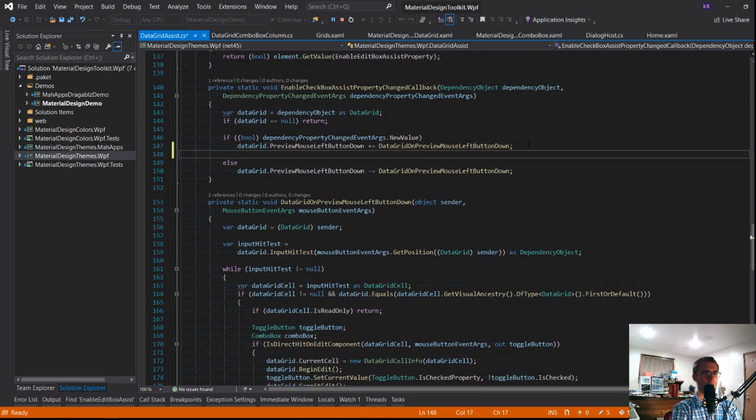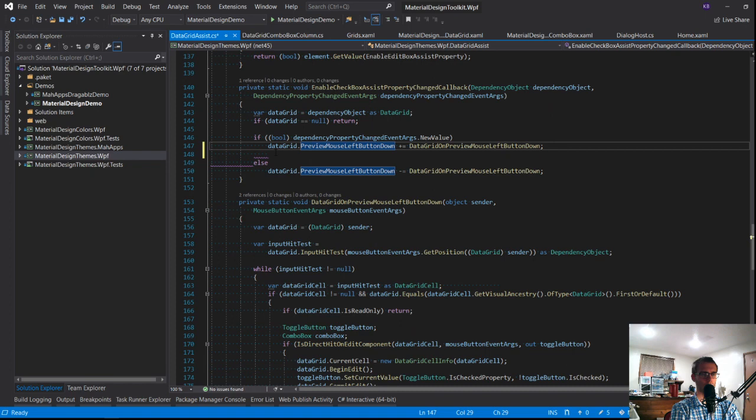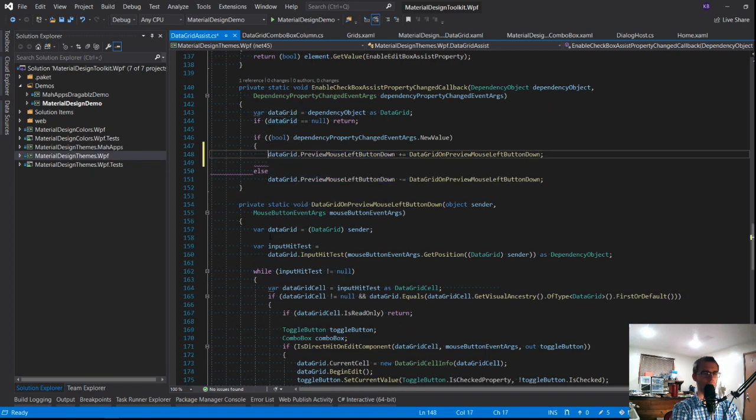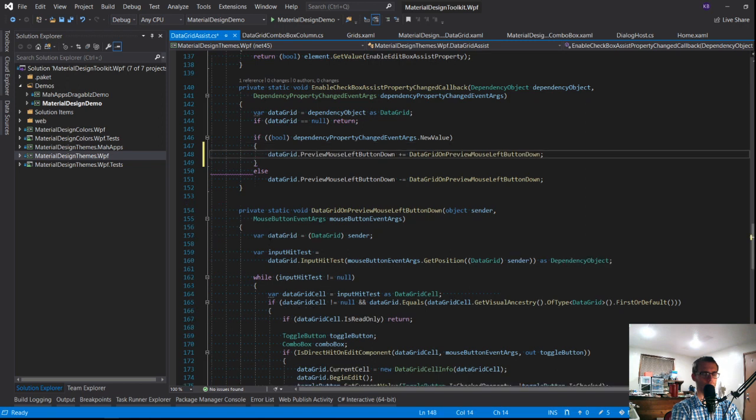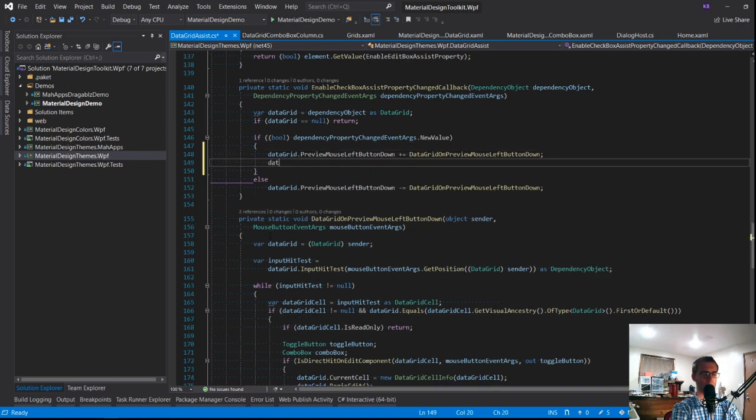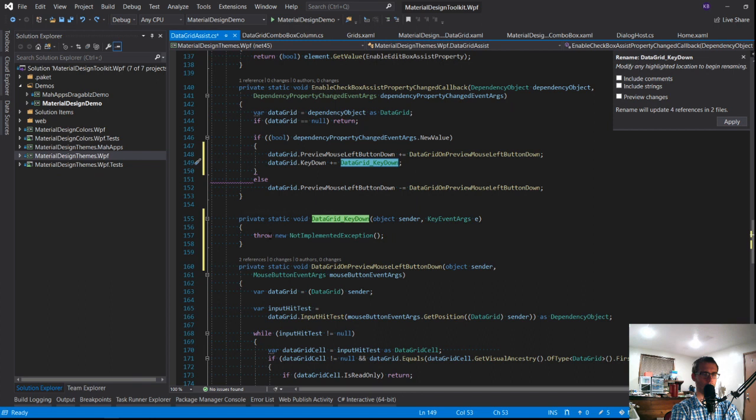So how about let's explore that option real quick, because that seems like a better way to go about doing this. So come up here. Data grid on key down.